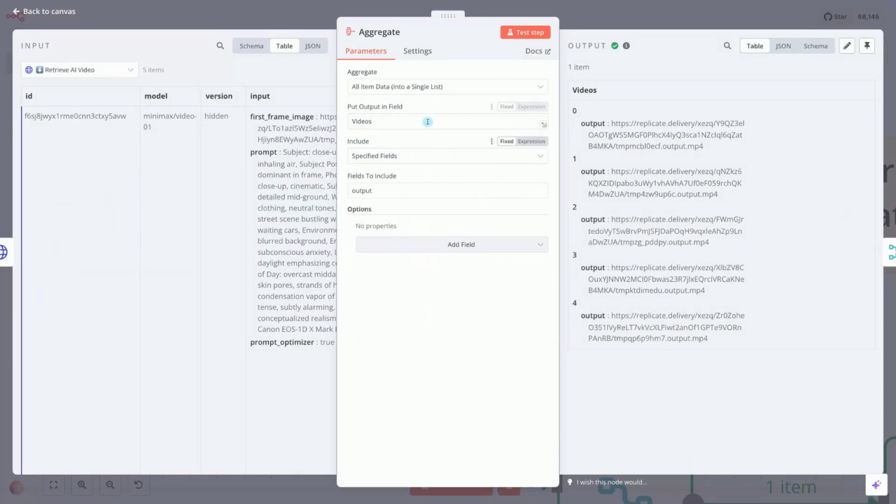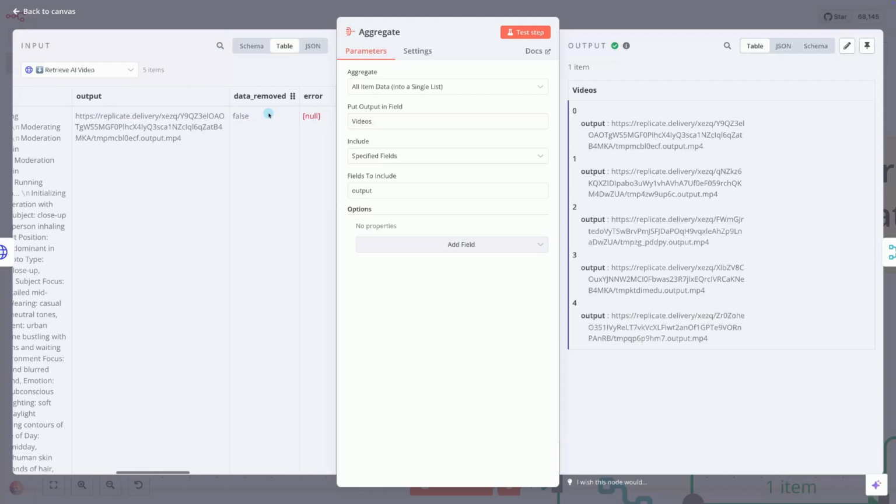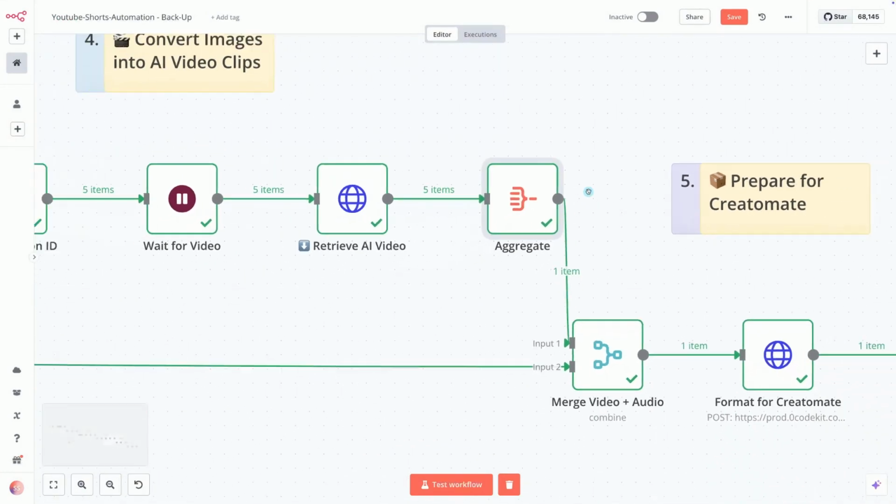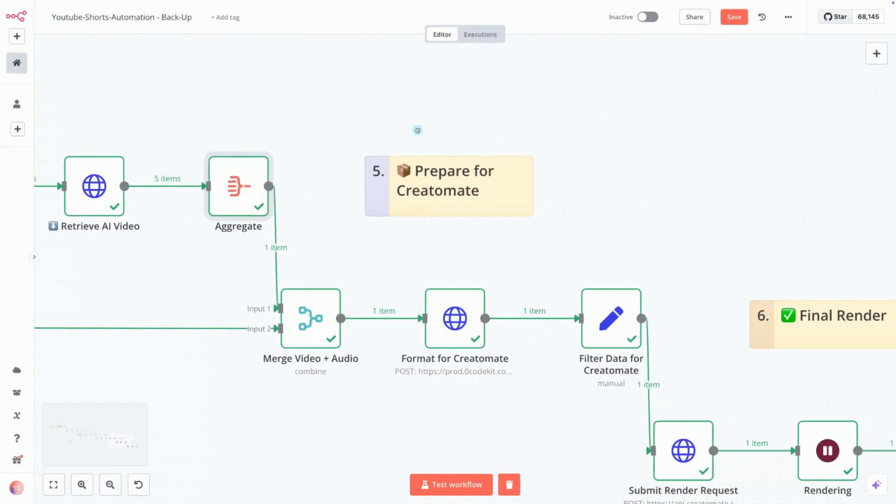The aggregate node organizes all generated video outputs into a single list, making it easier to process them in the next steps. Set aggregate to all item data into a single list to merge all retrieved video outputs into one collection. Input, output, and field, enter videos to store the combined data under this name. Under Include, select specified fields and add output to include only the final video links. With Step 4, Convert images into AI video clips complete, we now move on to Step 5, Prepare for Creatomate,